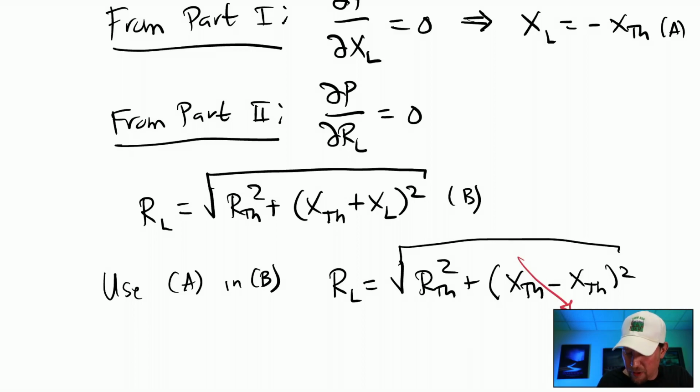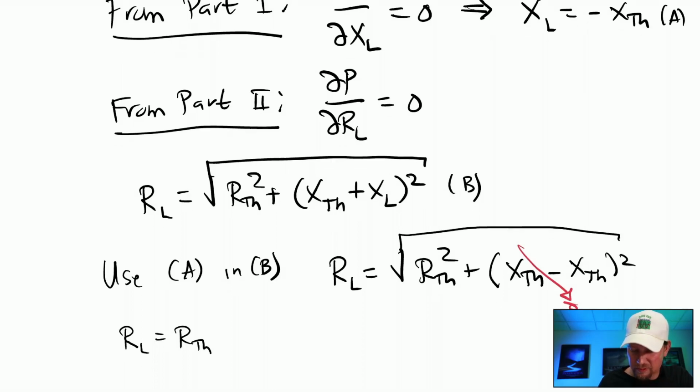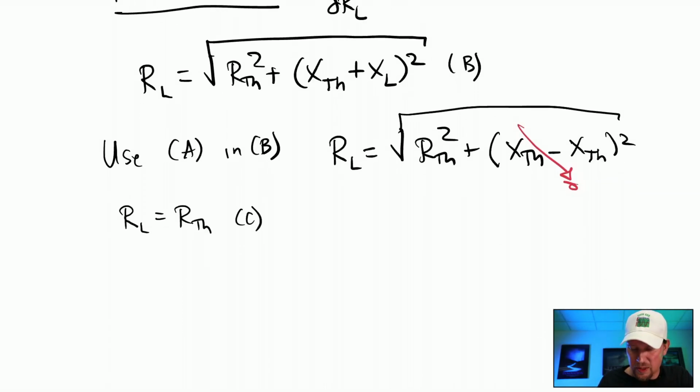This term very happily drops out to 0, in which case we get that R load has to equal R Thevenin, right? So this is actually going to be condition C. So if I actually use condition A in condition B, because it's written in terms of the load reactance, and we come up with something simple, assembling all of the pieces,